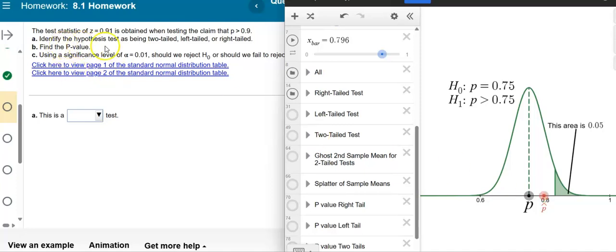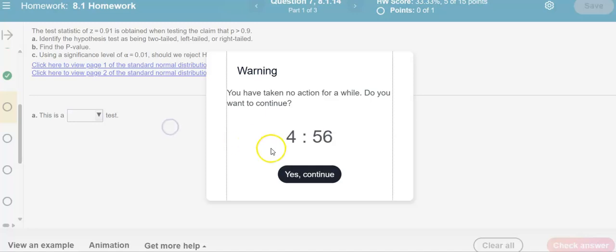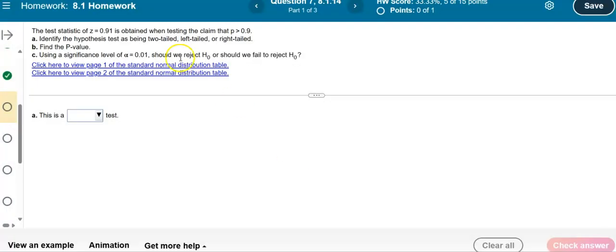But the p-value, what I want you to see here is if I scroll down, I have p-value right tail. So if I'm doing a right-tail test, this is the one I'm going to pick. I'm going to click that. And the p-value is just the area beyond your sample proportion. And when you standardize your test, so when you get a test statistic, it's the area beyond this in the distribution that you are working on. So in this particular example, it would be the z distribution, the standard normal distribution, and it's the area beyond